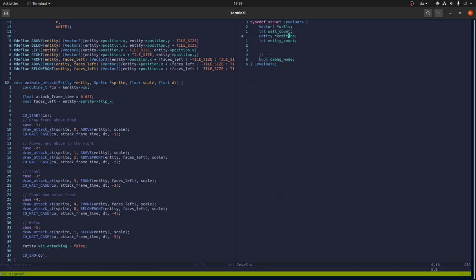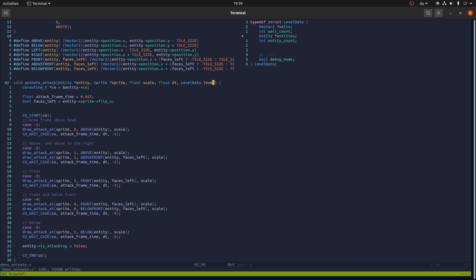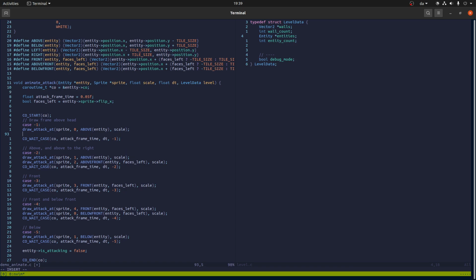It has the entities, so we do indeed want that. It can just be like this. And then we should basically say, check and register collisions,